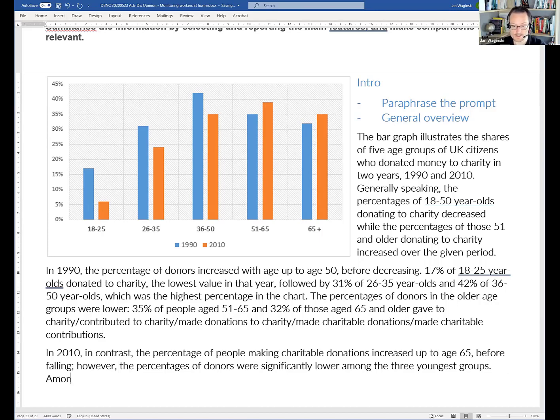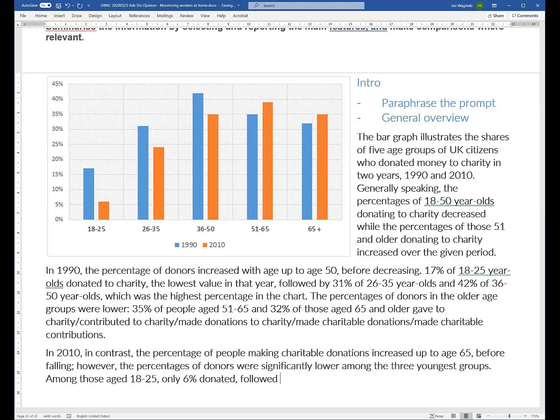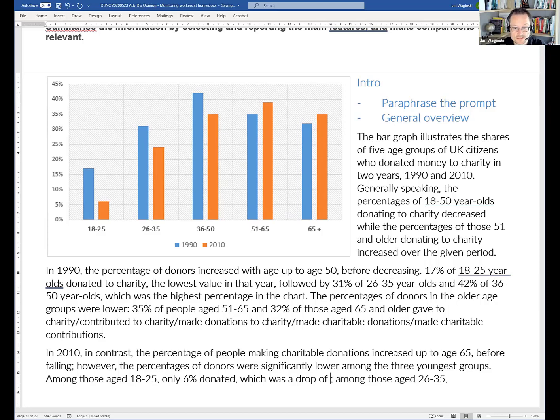the age groups. Among those aged 18 to 25, only about 7.6% donated, followed by... If you want to use a different structure, we can use a semicolon here. Among those aged 26 to 35, donated, which was a drop of, so we said 17 to 6,